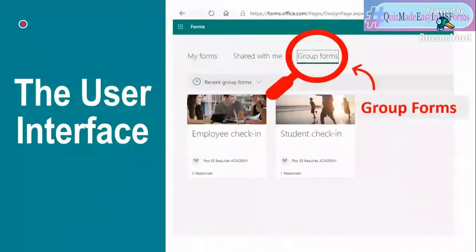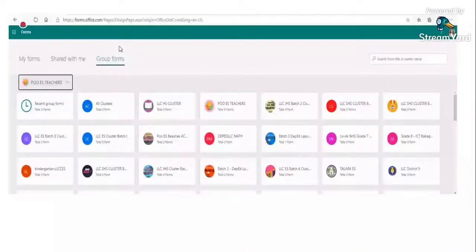Yes, I can see here, this is my Microsoft Forms. So this is the group forms. So I have here five. Yes, in POES teachers, I have five forms, group forms. Yes, and I have many group forms that like collaborate to other teachers.